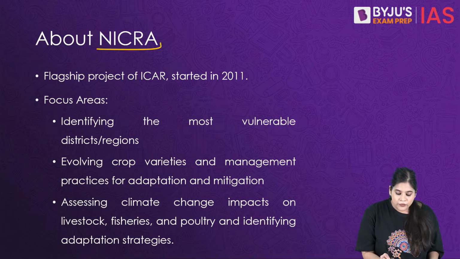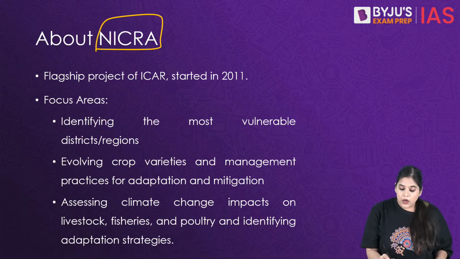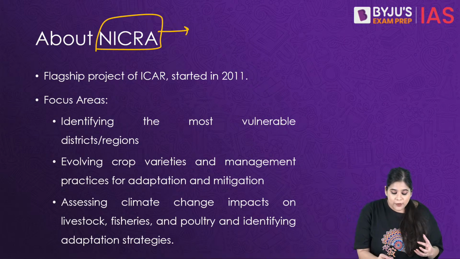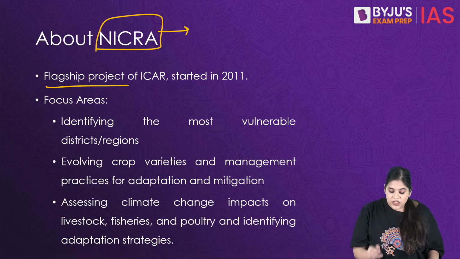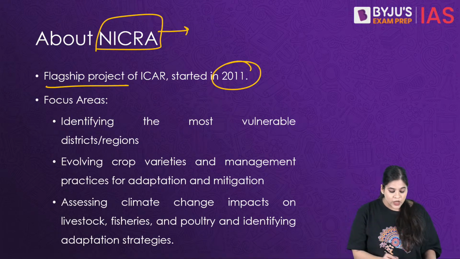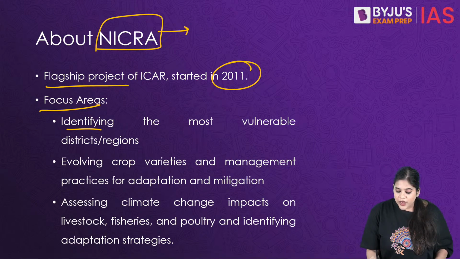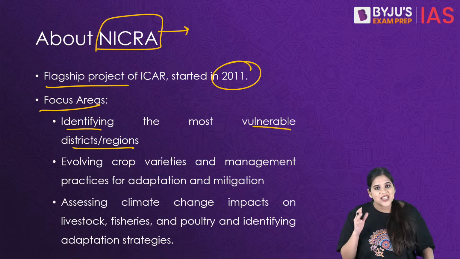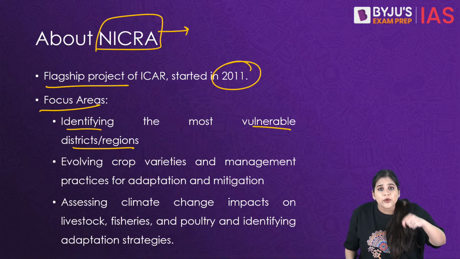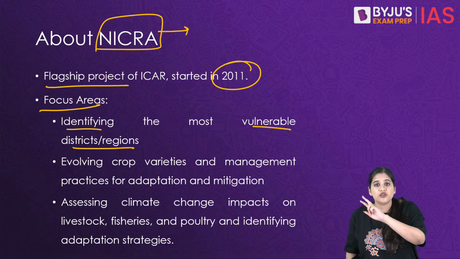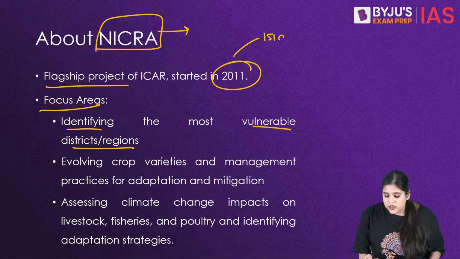Now about NICRA, the assessment which gave us the data that was presented in the parliament. NICRA, National Innovations in Climate Resilient Agriculture, is a flagship project of ICAR which started in the year 2011. There are three major focus areas of this program. One is identification of the most vulnerable districts and regions. So they have identified the regions which are most vulnerable with regards to climate change and reduction in food productivity. In fact, across 151 such districts,